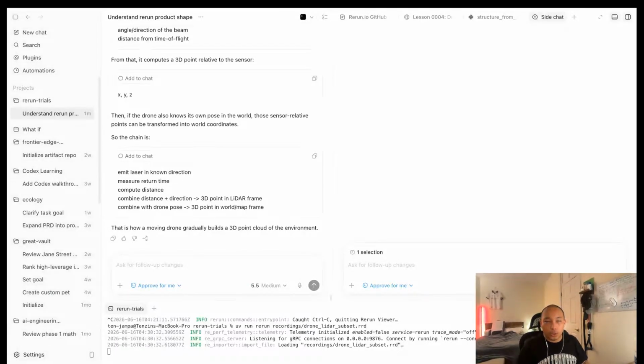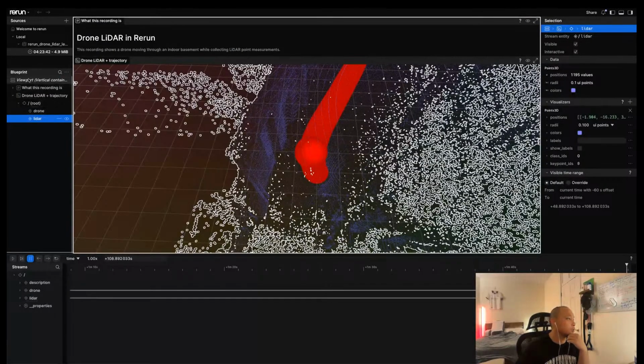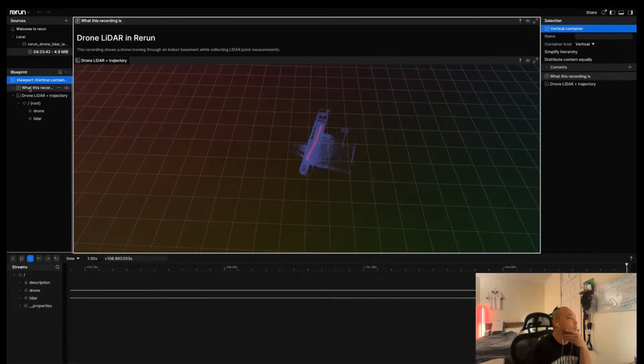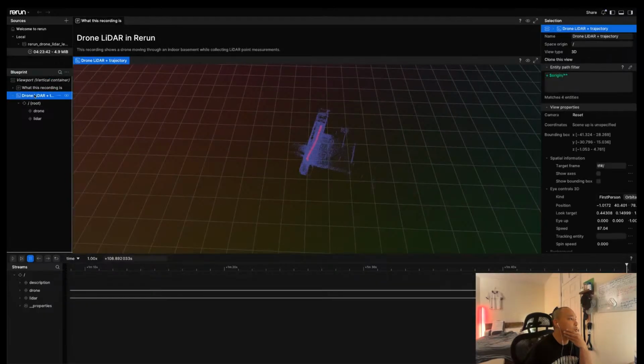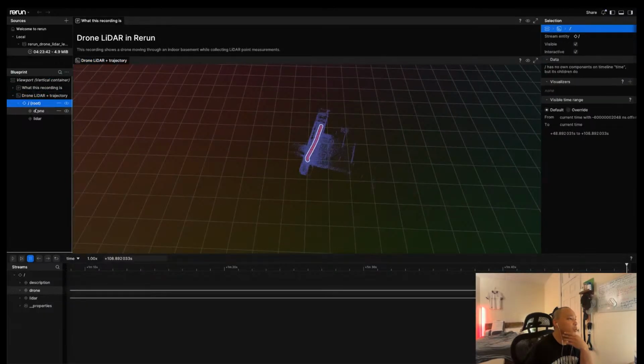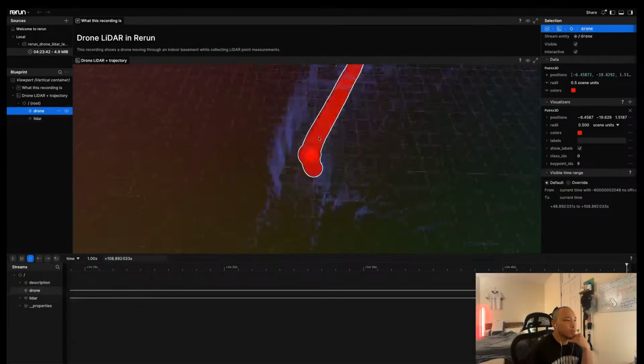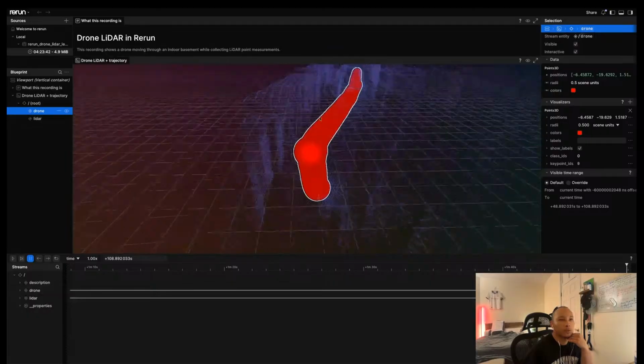Right, let me show you how it looks. Yeah, this is what it looks like. You have the blueprint, right? And you have basically the drone, and these are the entities, right? So you have the root entity, and you have the drone, which is this red position, right?